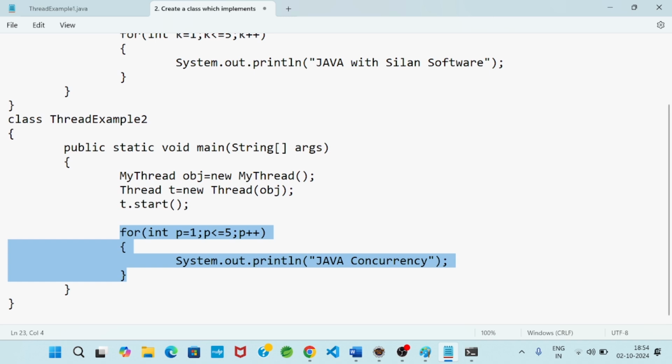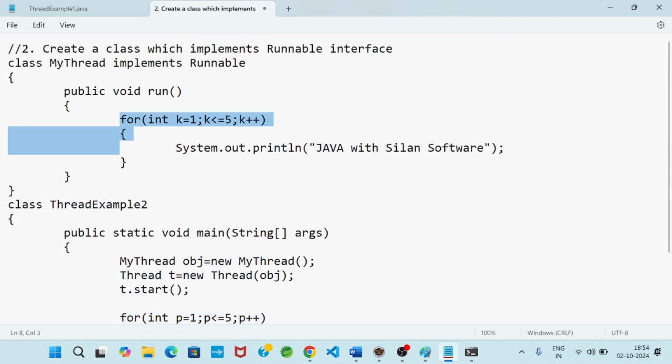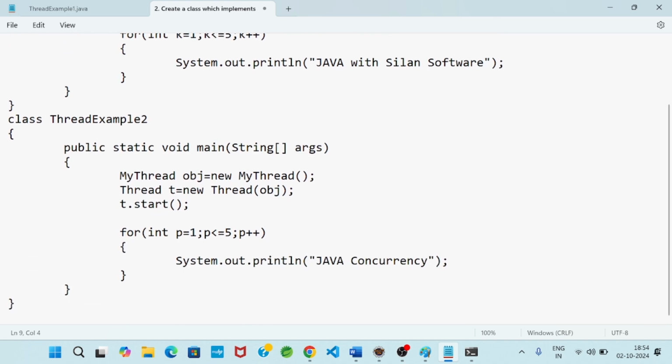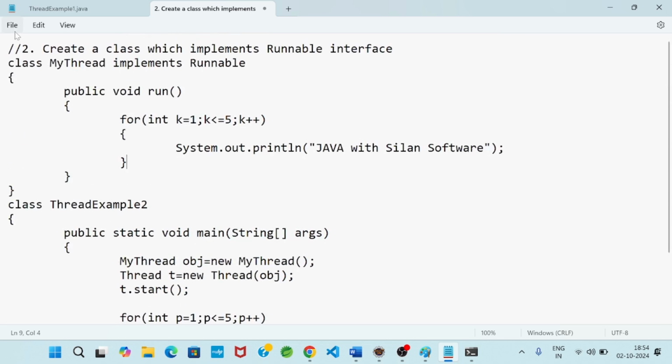You remember in the main method, whatever job we present is the job of the main thread. So this is the main thread task, and this is my thread task. But control always tries to execute the main thread job first. We will see in which way the output comes.